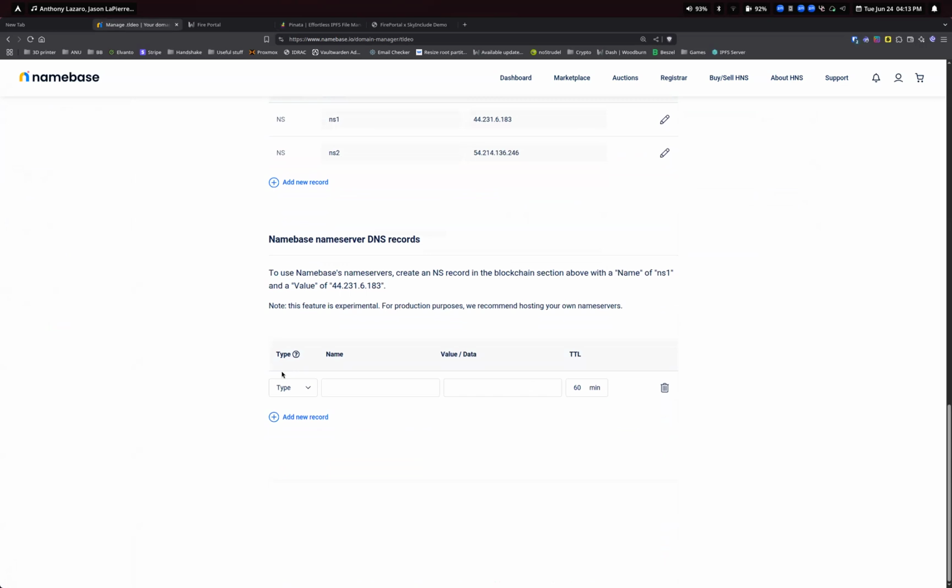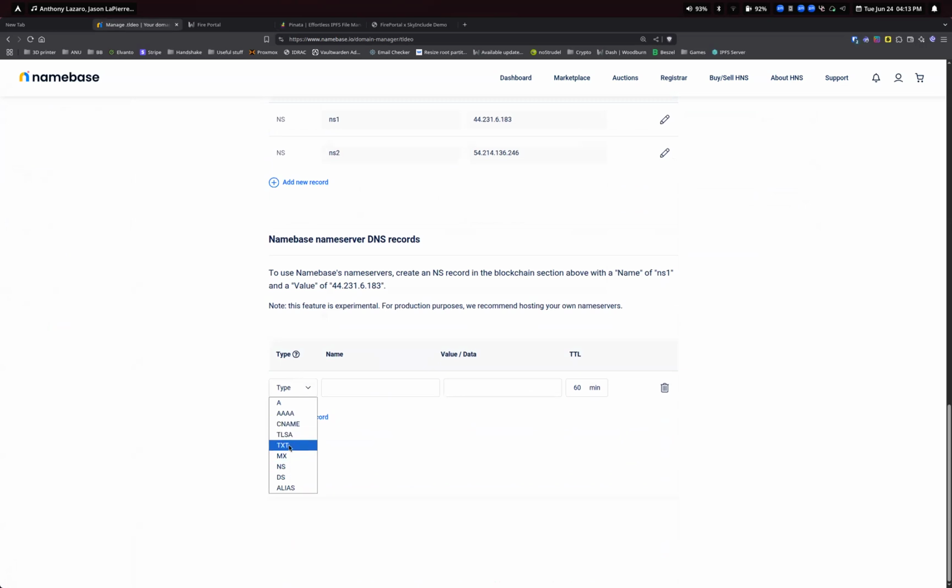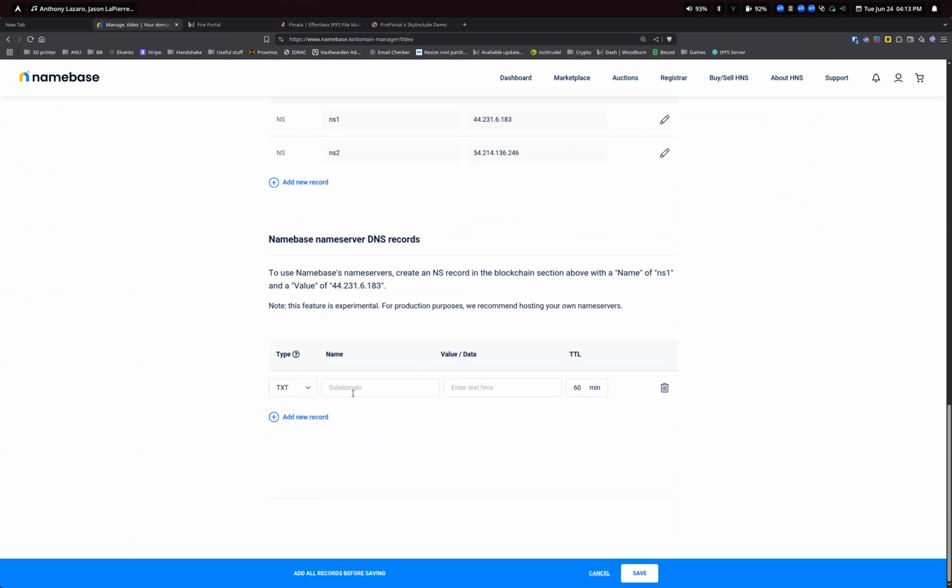Here we go. In the name server records, not in the blockchain ones, you want to add a TXT record. Let's just add it on the root domain. IPFS, I think it's usually lowercase, equals, and then you just paste that hash. Okay. If we save that,